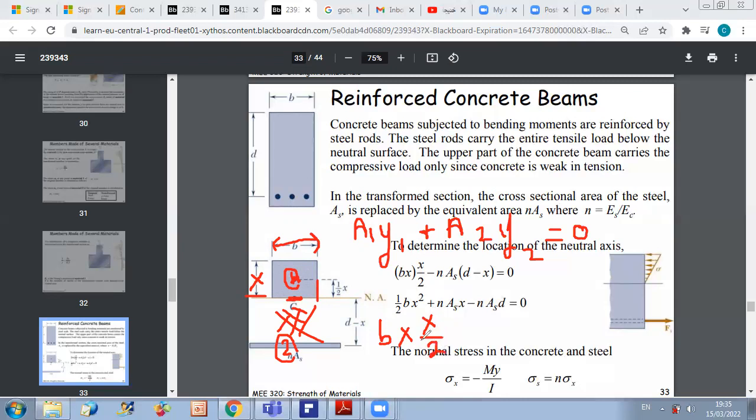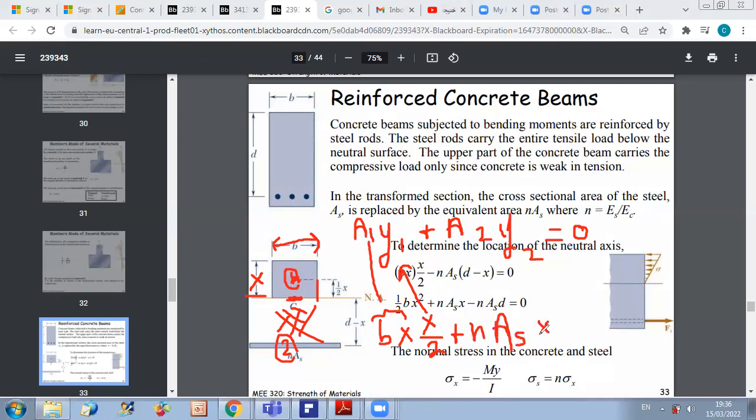So this is y1, x over 2 is y1, and b times x is a1. Now for the second term, plus a2 is the modified area, which is n times the total cross-sectional area of steel,